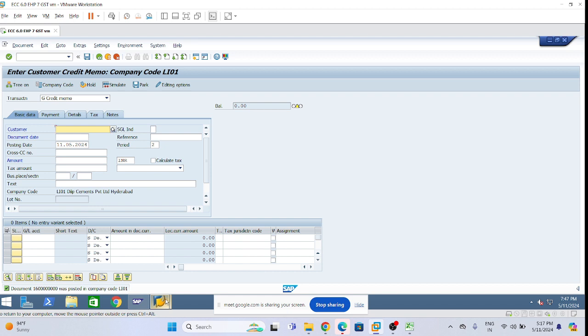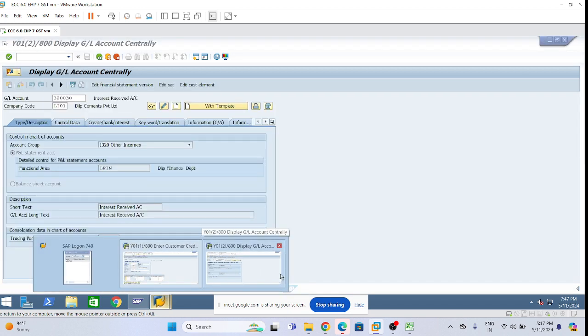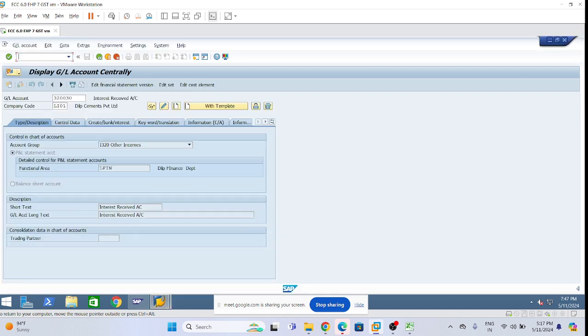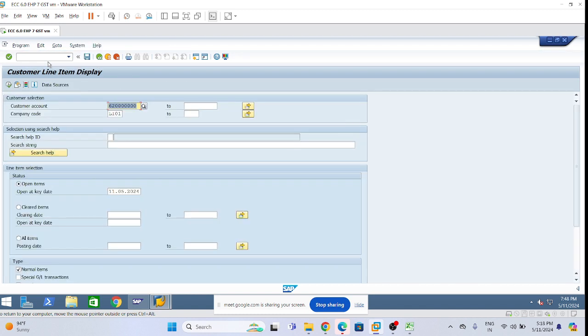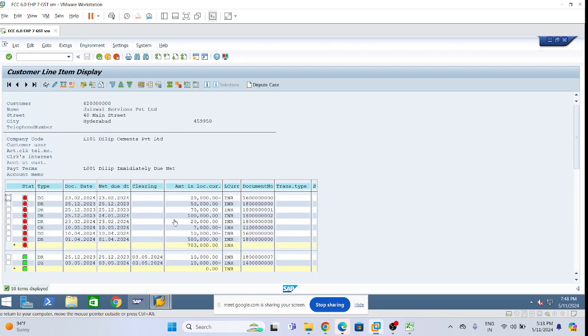Okay. Now let's come to the report for this Jaswal, FBL5N. Select it and execute it. Now see, 1 lakh and 10,000, right? And here the due date indicator is not there. Let's take that due date indicator,